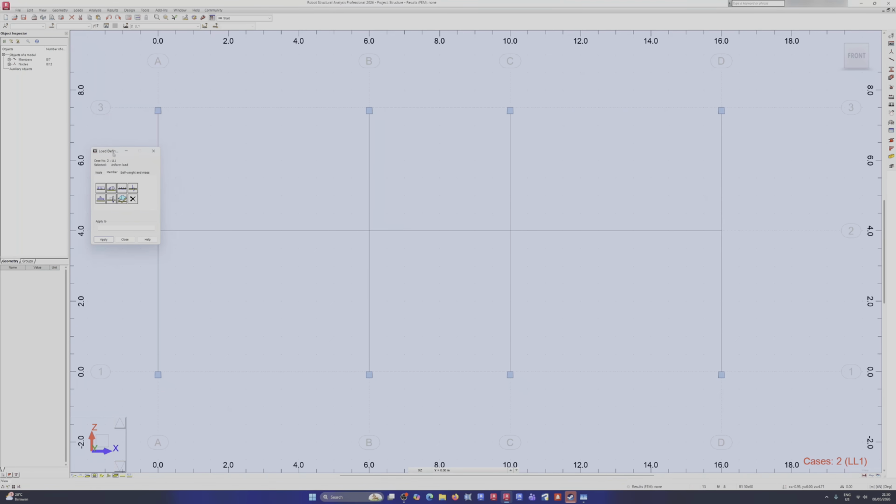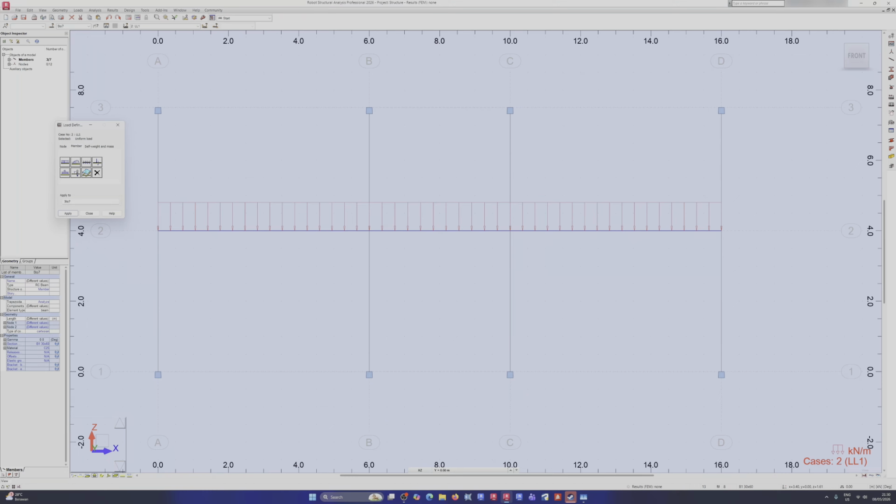Now you need to click on apply to over here and select the beams. You can select all of the beams by left clicking and holding down Control, like so, and click on apply. To double check that you have applied the correct loads, you can click on load value descriptions, something that's not in SAP 2000. One mistake I did was applying the 25 to the live load, so I'll quickly delete it